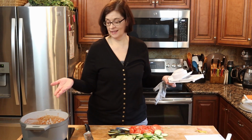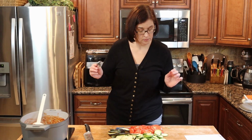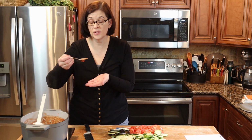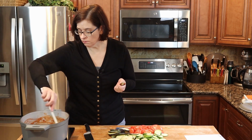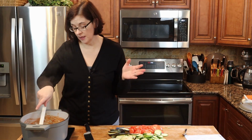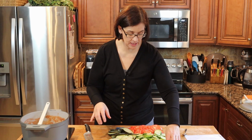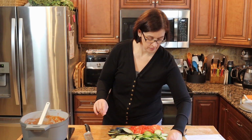We're just waiting on this, and it's almost done. Okay, this is just supposed to be until it's thickened, and it looks pretty thick, so let's taste it and then adjust for salt. It could use a little bit more salt. Tomatoes in general need salt, so it's not really surprising. All right, that tastes fantastic. Okay, let's go ahead and turn this off. And